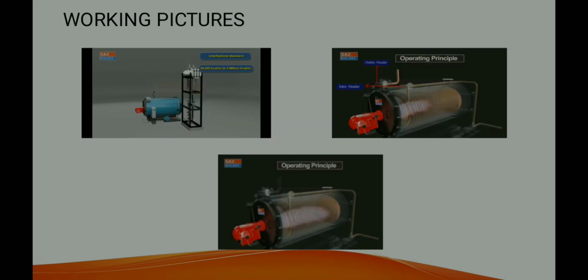Let us see the working pictures of a thermal fluid heater. In the first image, as I said earlier, we have a burner, two inlets and an outlet, a control panel, a temperature gauge, a pump, and a storage tank at the flow. And in the second image, we can see that a fluid is pumped to the coil in